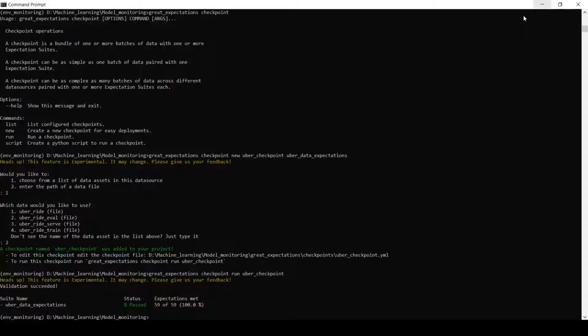Okay, and now we'll see how we can create a script for the same set of operations which we had performed manually. Okay, because the script is suitable from the automation perspective, and we can very easily integrate it with my data pipeline or whatever pipeline we have built for the drift check process. So now we'll create, instead of run or new, we'll create a script.